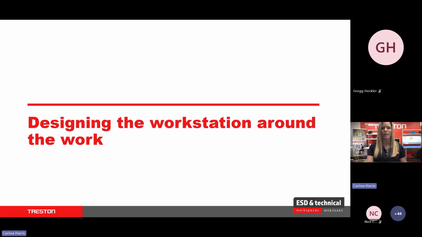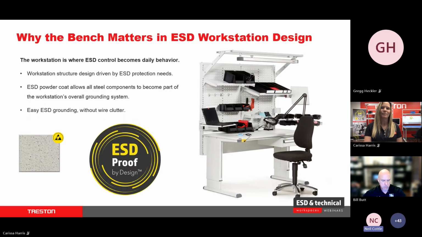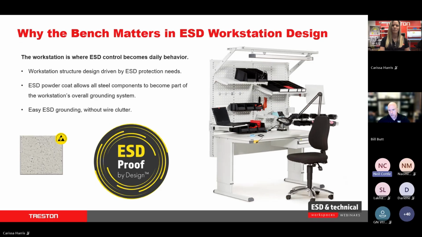So Neil and Bill, I'd like to bring both of you into this part of the webinar. Neil, why don't you start us off from the Treston workstation design side of things? Thanks, Carissa. Before we get into the details of workstation design, it's important to step back and ask a simple question. Why does the bench itself matter so much in ESD control? The bench matters because this is where the operator, the product, the tools, the storage, and the grounding all come